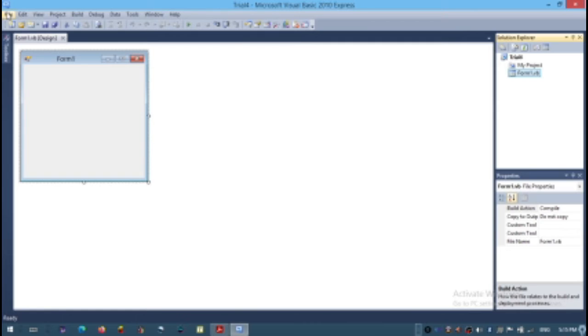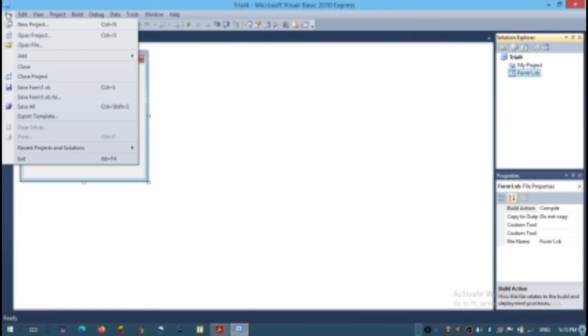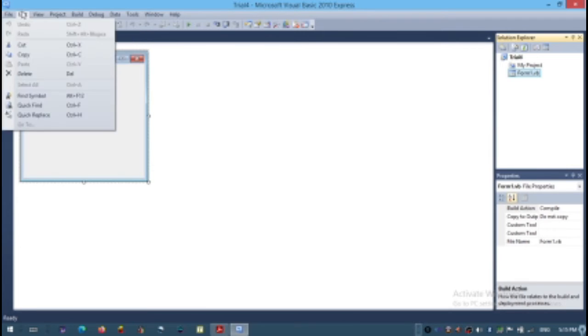Now, other menus we have: the file menu. We all know open, close, new, save. All these items come under the file menu. From the edit menu, we have cut, copy, paste, undo, redo, select all, find, replace. All these items come under the edit menu.